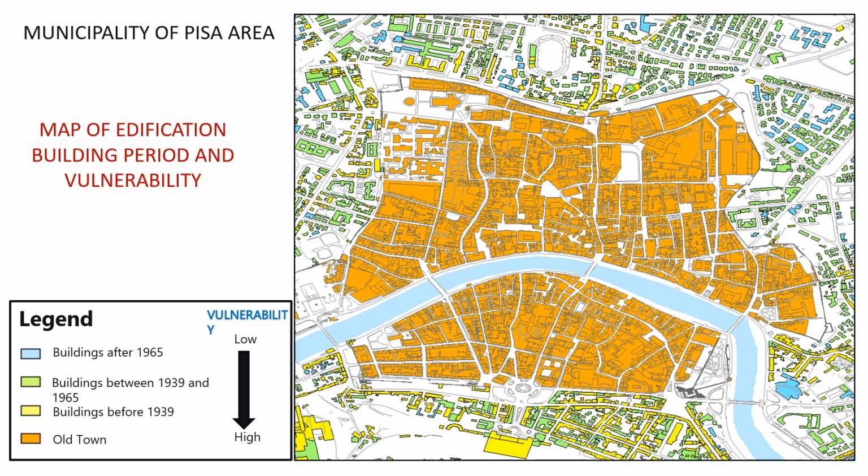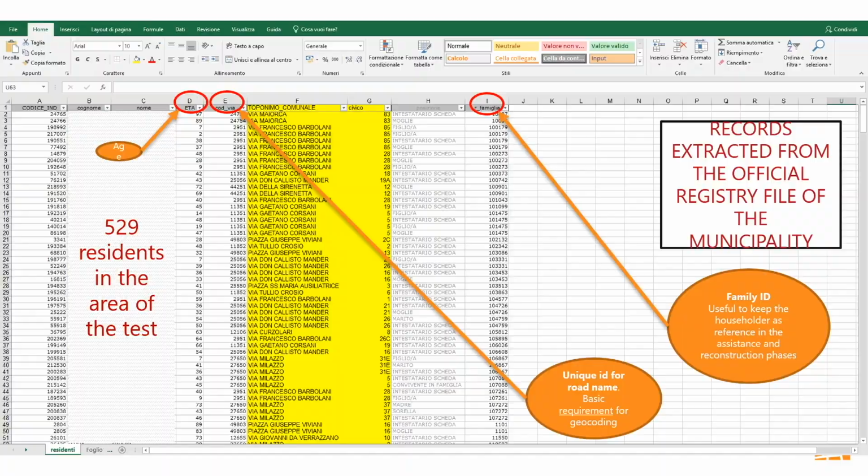And this is data that is available and part of some plan in the city of Pisa. But in the following step, we'll see how we can use this and other types of information to make a pre-sectorization. So, starting from this type of information, we can add another type of information, the information